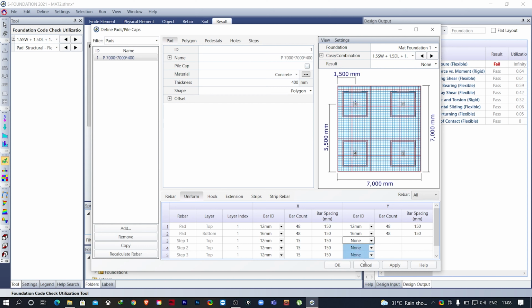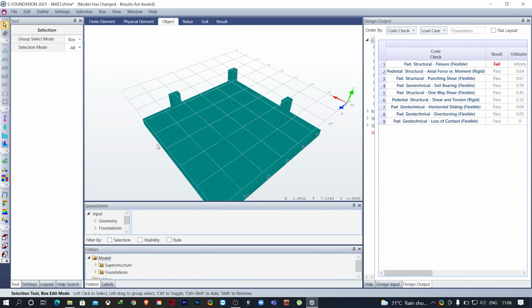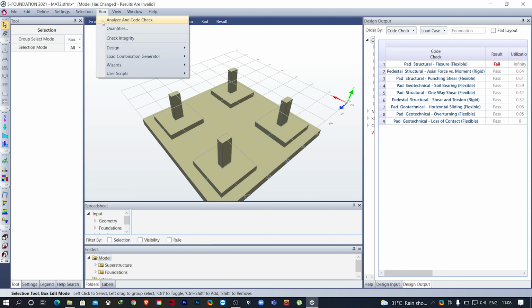I will select all the steps, provide a 12 mm bar, and here also I will provide 150 mm spacing. Now I'll click on apply and OK. I will run the analysis again.